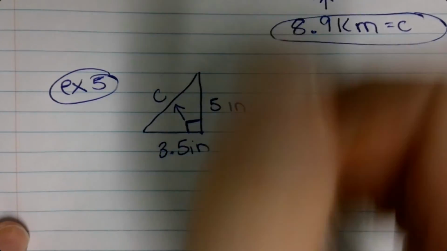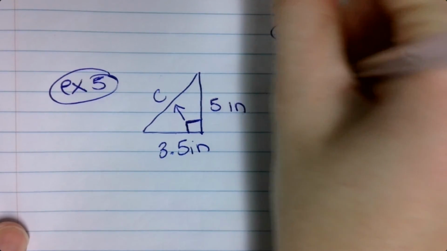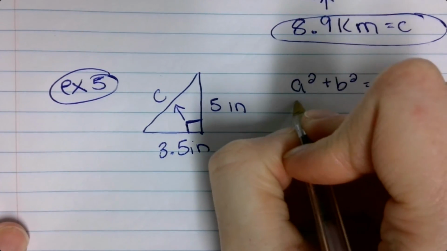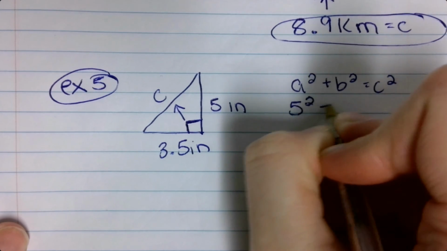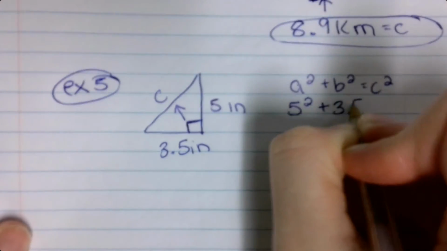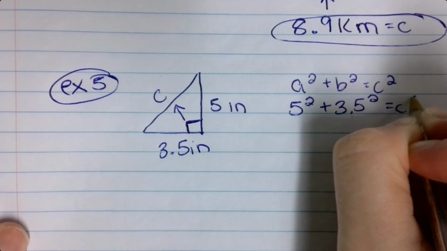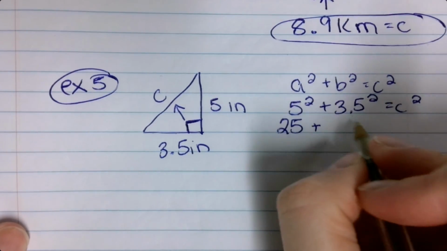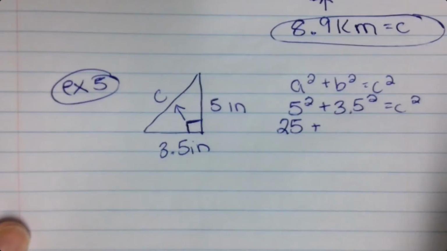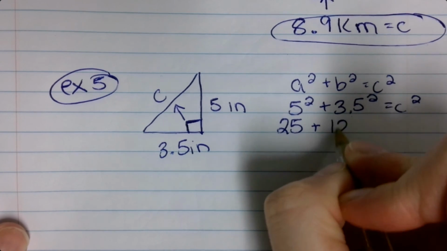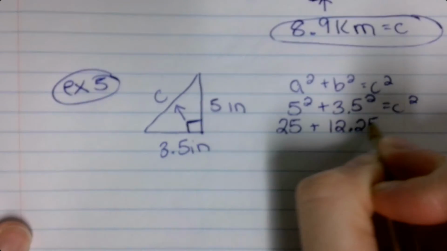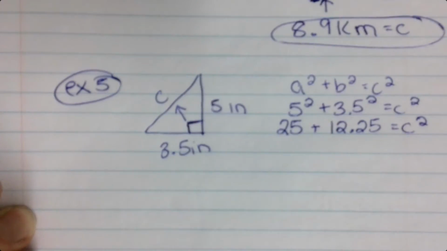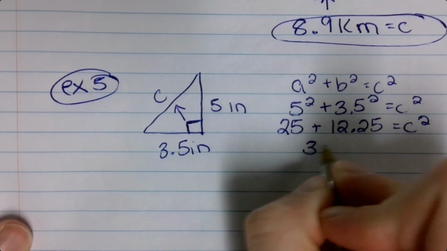Welcome back. So you should have done a squared plus b squared equals c squared. This would be 5 squared plus 3.5 squared equals c squared. Obviously, 5 squared is 25. 3.5, again, you have a calculator. You should have gotten 12.25, and that's going to equal c squared. Add those two puppies together, you would have gotten 37